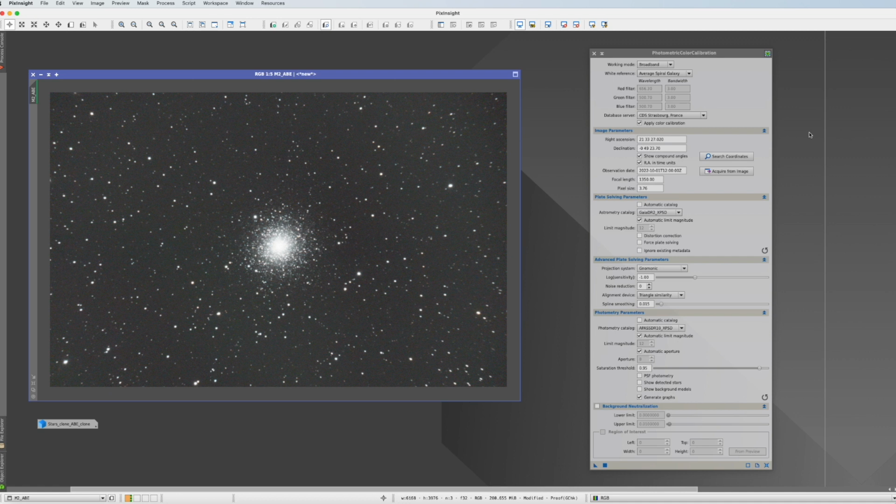It calibrates the colors in the pictures based on the real colors of the stars. And the unique thing is that it really does it by the real colors of each and every star. And for that, it plate solves the picture so that it really knows where it is in the universe. And then with a second database, it actually gathers for each and every star the correct color and assigns it